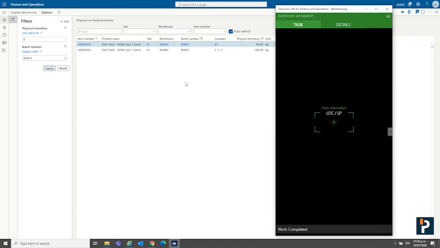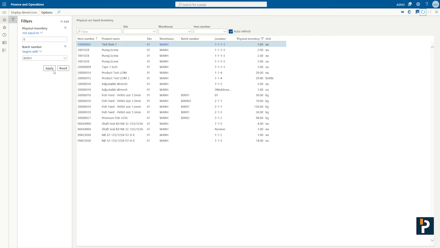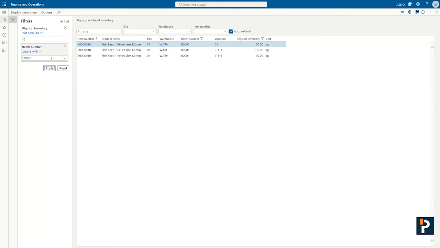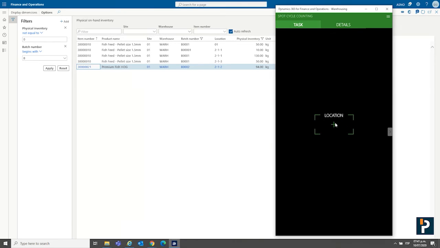So to show you that it is completely integrated, I am going to refresh my inventory report here. I'm going to apply the filter, and now I see the 50 units that I have moved to this location. As part of the inventory control, you need to do periodic cycle counting. So what I'm doing here is a spot cycle counting. I am going to count the highlighted line. So I click on spot cycle counting,